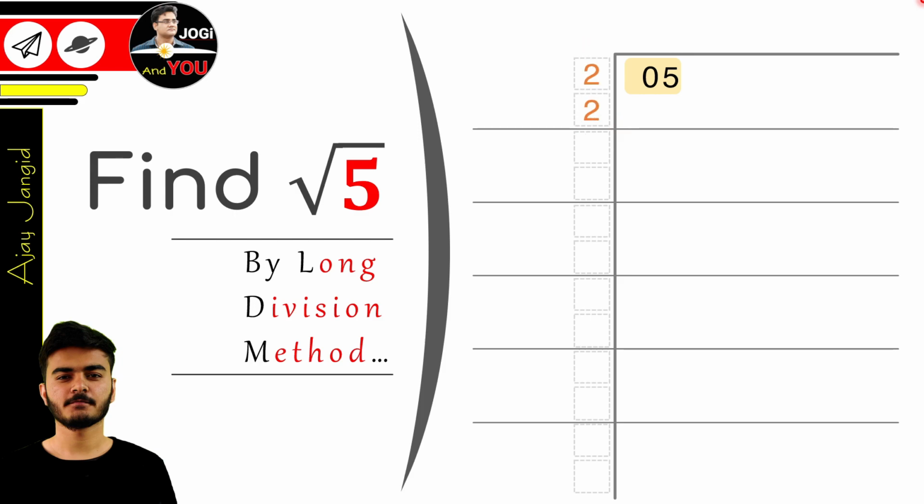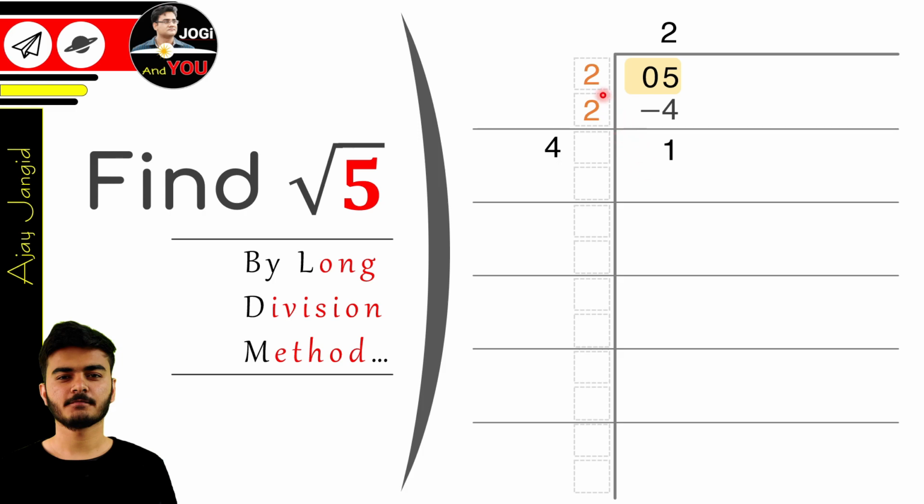See this process carefully. The product of these numbers will go on the right side with a minus, because we will subtract it from 5 as I told you before, and write the sum of these numbers below on the left side. And the number we chose will go to the quotient here and will be part of our answer. So 5 minus 4 is equal to 1. This is the main process of this question, so look clearly.